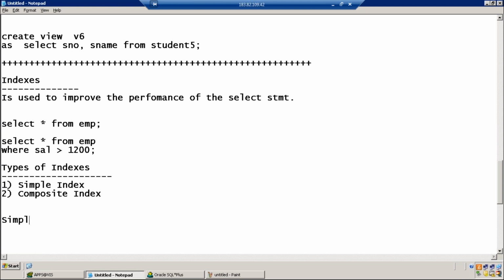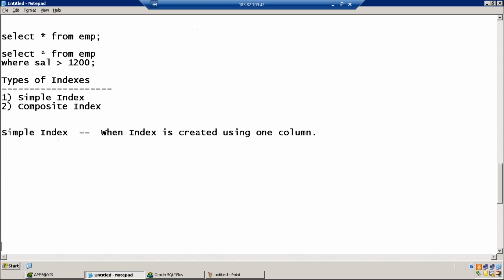First, let's learn about simple index. When an index is created using one column, those kinds of index are called simple index.